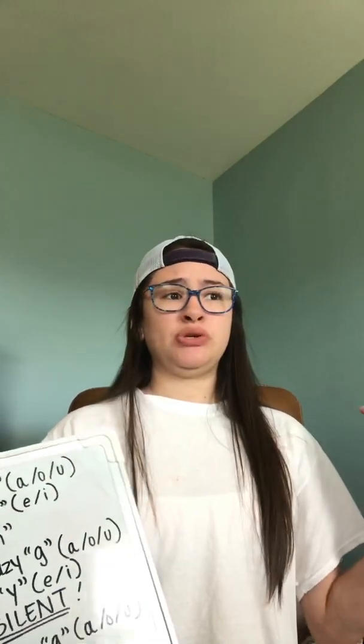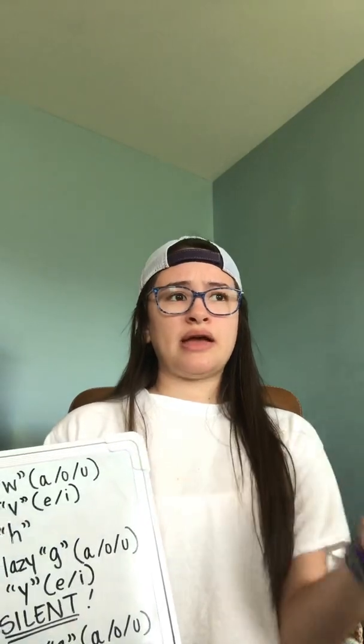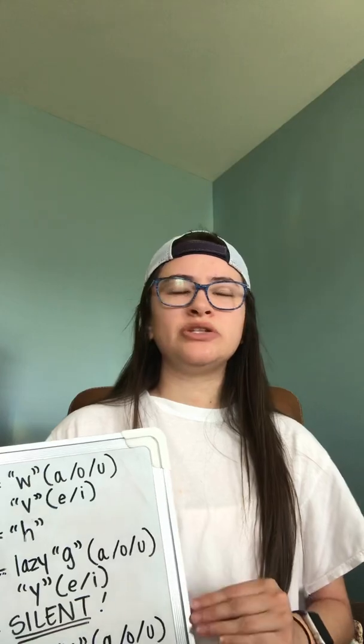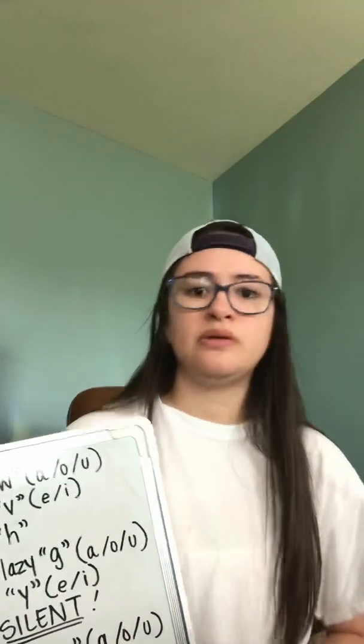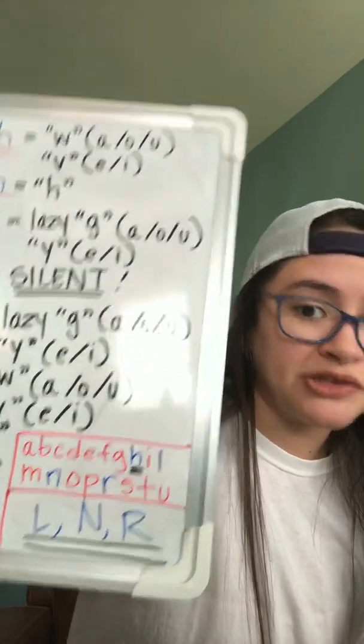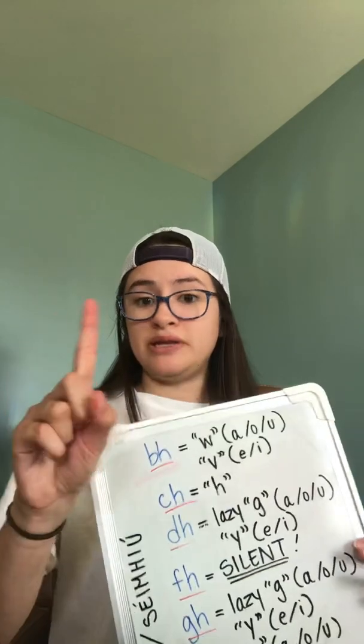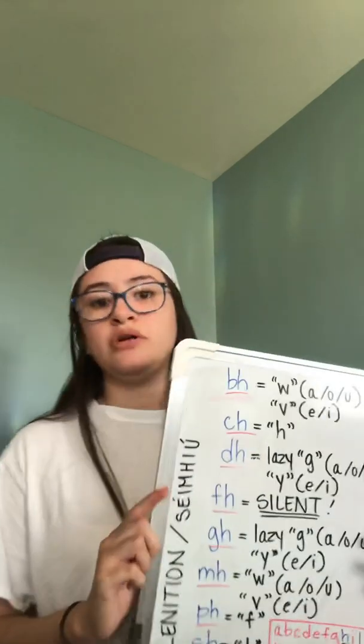You can use it to add in front of a word that starts in a vowel in some situations, but it doesn't stand on its own from what I've seen. But anyway, there it is. Okay, so with the letters that can be lenited, consonants, only consonants, ever,